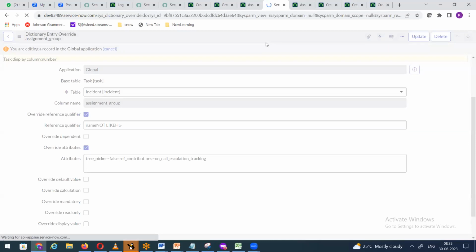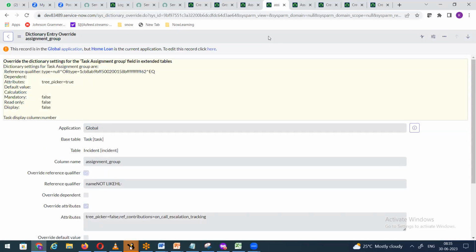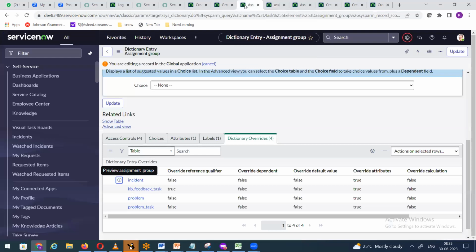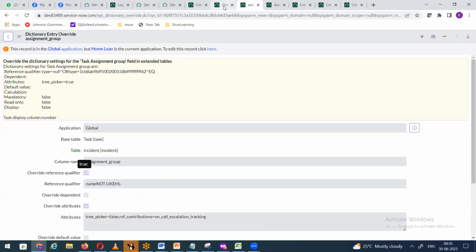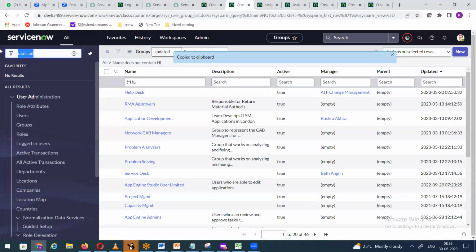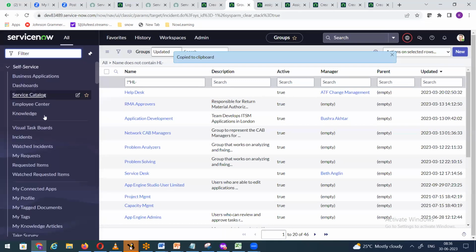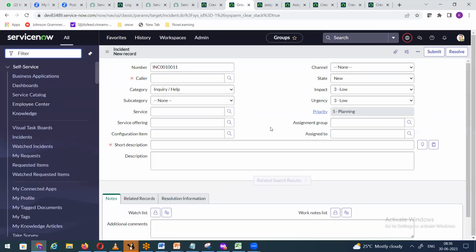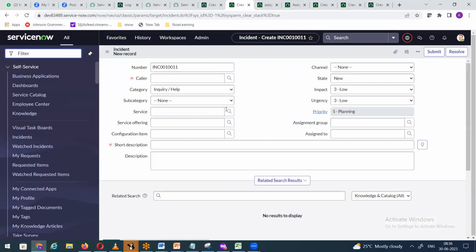Save. What do you mean by reference qualifier, guys? Do you have any idea? Yes or no? Tell me. I'm here to explain, no problem. Do you have any idea on reference qualifier or not? Filtering the reference, correct. So if this is the reference field, qualifier means you are going to add